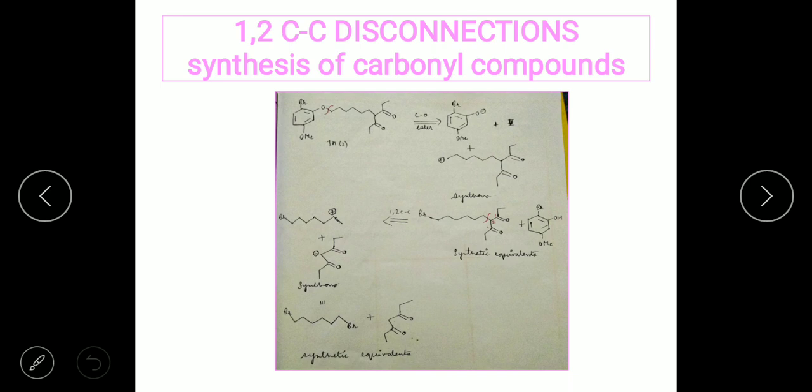That is, now the diketone has got cleaved from this main alkyl chain. Now you're going to get the two fragments. One is going to be the alkyl bromide and the other is going to be the diketone. So this is going to be the synthetic equivalence for this.